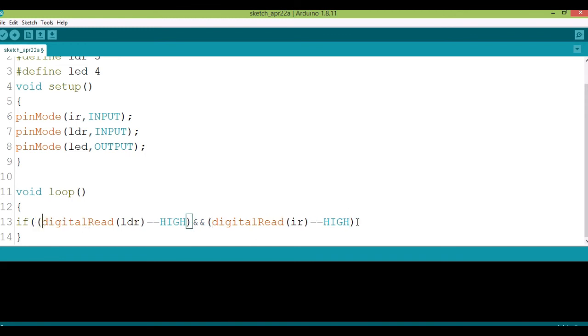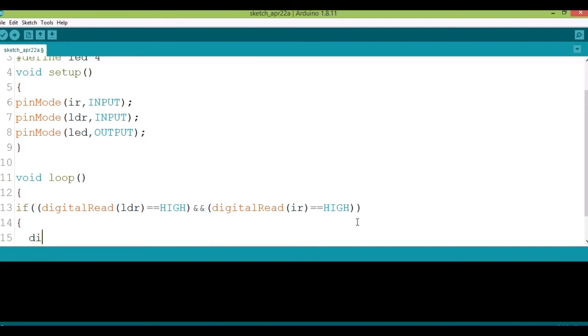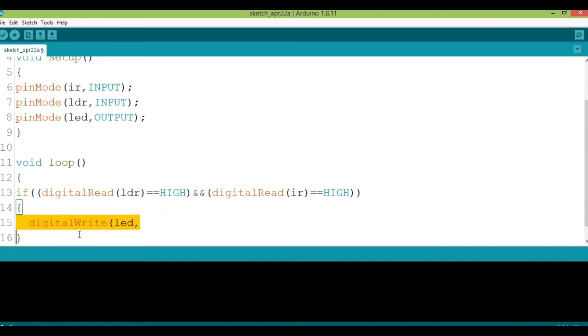So for that what we'll be doing is, we'll open a bracket, digital write for the output device. As LED is an output, we'll be using digital write, LED comma high. Is that clear?